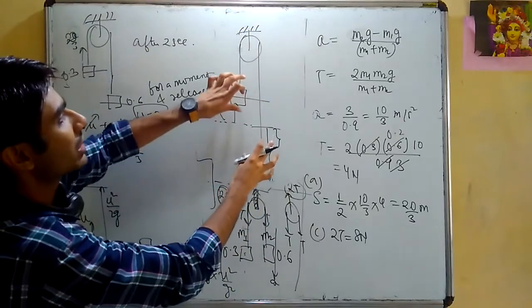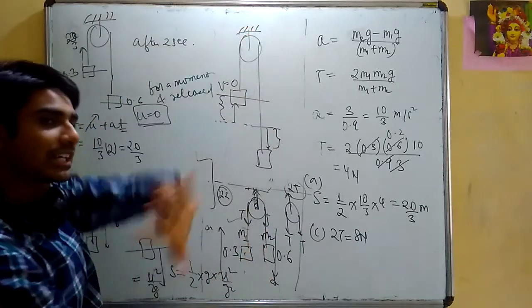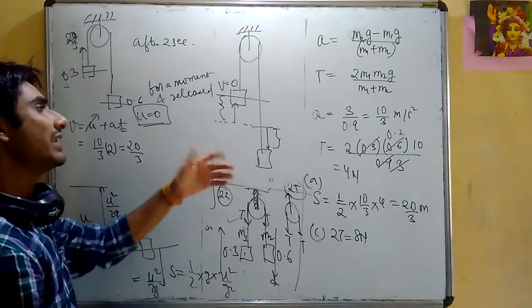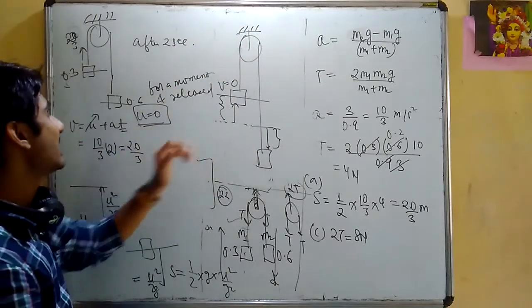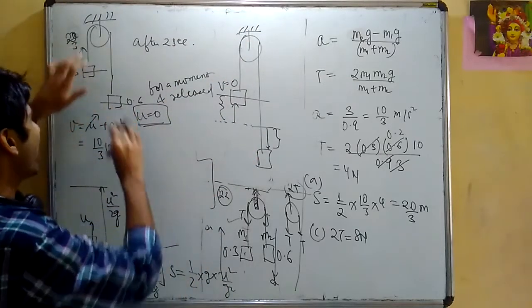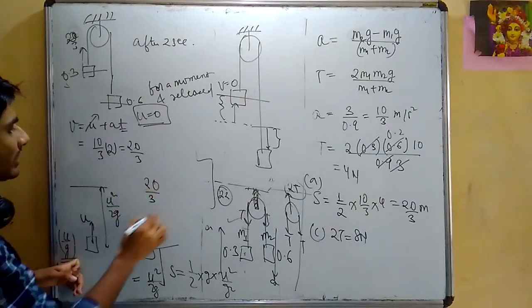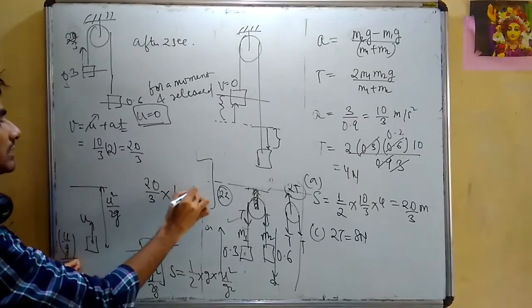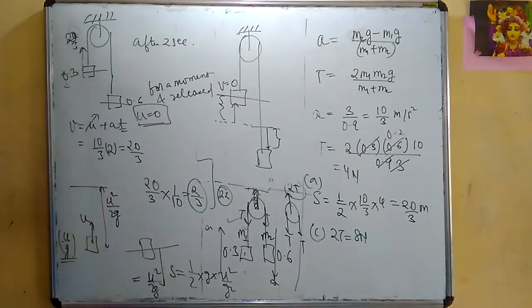So just when the velocity will become 0, it will exert a force and it will start moving in this direction. That is what is given to your question कि when the string will become taut again. So when it will become taut again, exactly after a time of u by g. So what is u? 20 by 3 and by g. This means 2 by 3 second is the answer. The answer is 2 by 3 second.